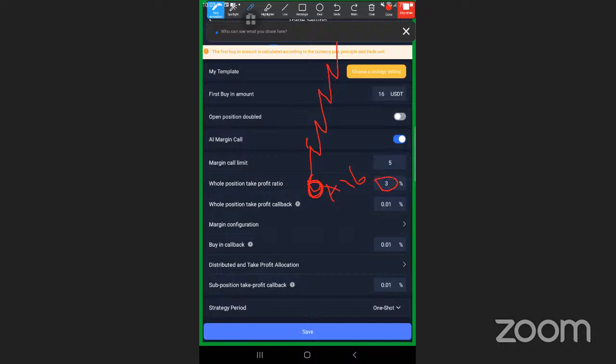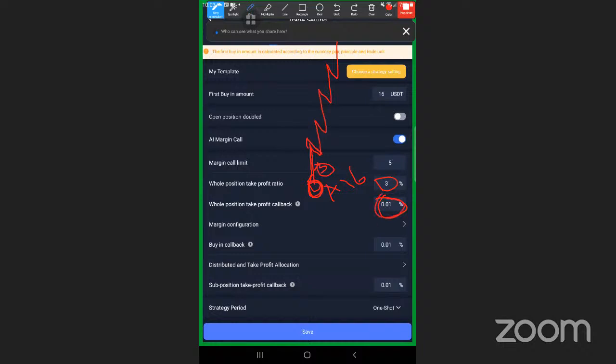Okay, the price has gone up in profit by 3%. This is our 3%. Now, for the robot to sell once this has been achieved, the price needs to fall a little bit down, with our whole position take profit callback, which is